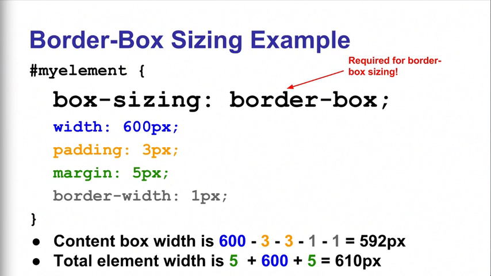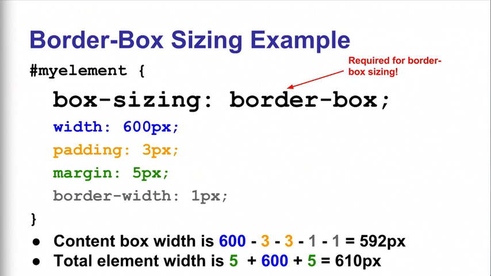To use the border box model, one has to use the box sizing property. The default value for box sizing is to use the content box model. If we don't specify a box sizing, then we always get the content box sizing. By setting it to border box, the height and width settings control the width of the border box instead of